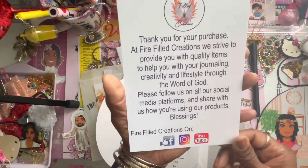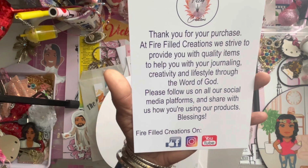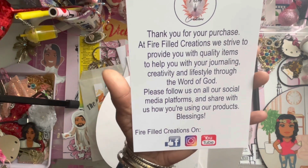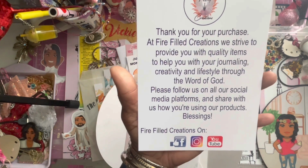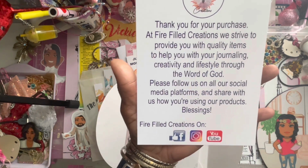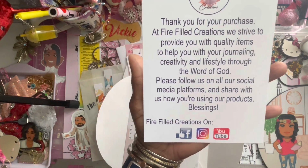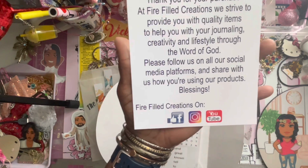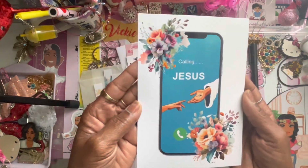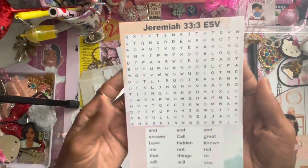and it says, "Thank you for your purchase at Firefield Creations. We strive to provide you with quality items to help you with your journaling, creativity, and lifestyle through the Word of God. Please follow us on all our social media platforms and share with us how you're using our products. Blessings. Firefield Creations on Facebook, Instagram, and YouTube." Pretty. And then also Michelle puts